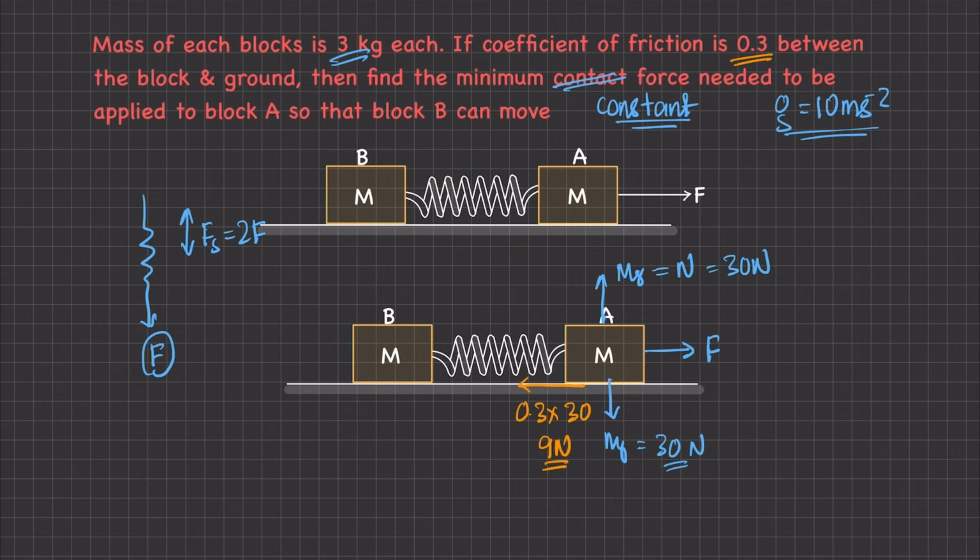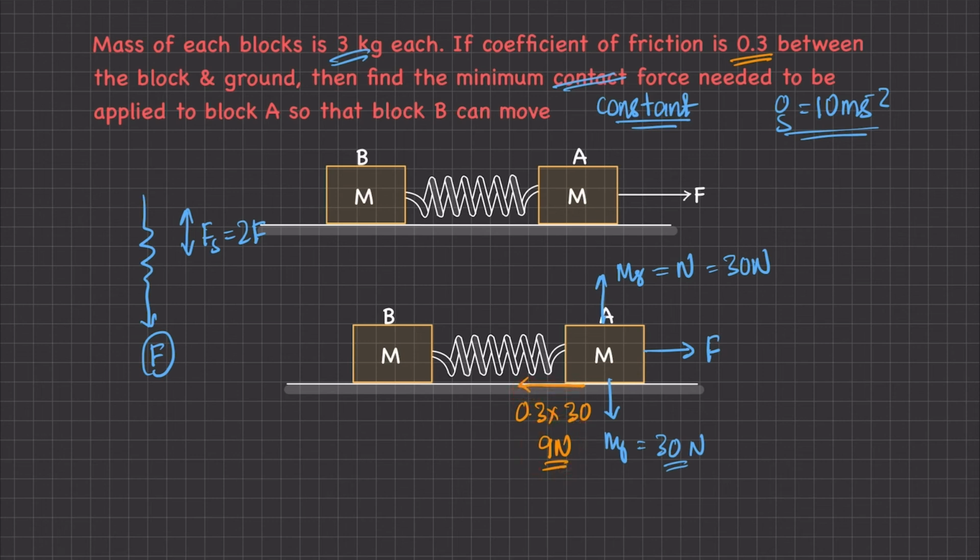Now the thing is, here friction is there and it is 9 Newton. The limiting friction is 9 Newton. Now for spring force to get developed, this block must move. Without moving block A, we cannot define a spring force, because there will be no extension in the spring. That means as block A is bound to move, here friction will be kinetic in nature. Kinetic friction, that means the friction value will be mu into N, which is 9 Newton. That means this 9 Newton is a must.